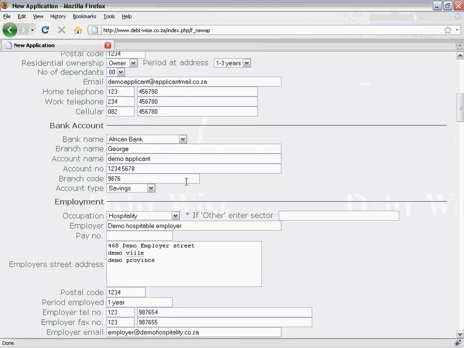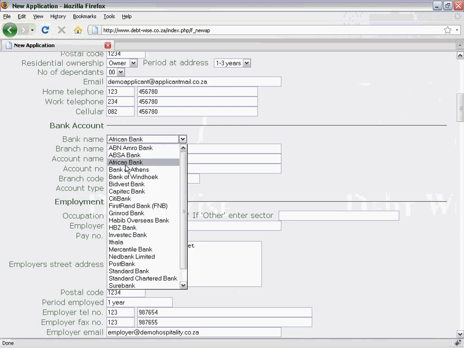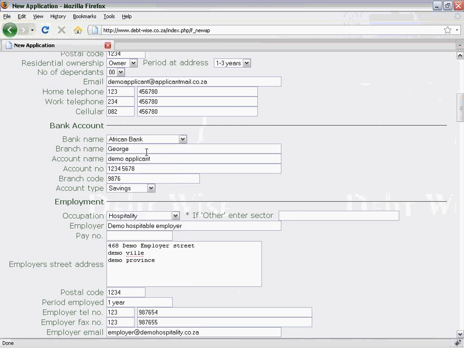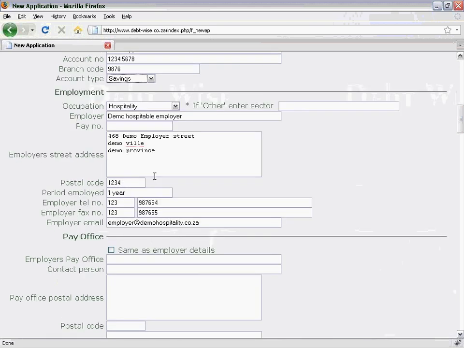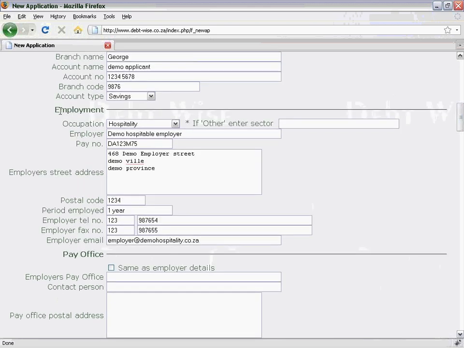Next, you will complete the applicant's bank account info along with bank name, branch name, account name, account number, branch code, and the account type. In the next step, you will capture their employment info along with the sector in which they work,